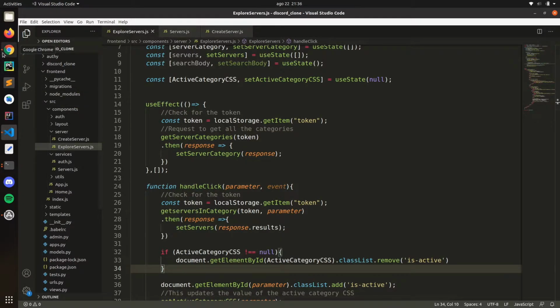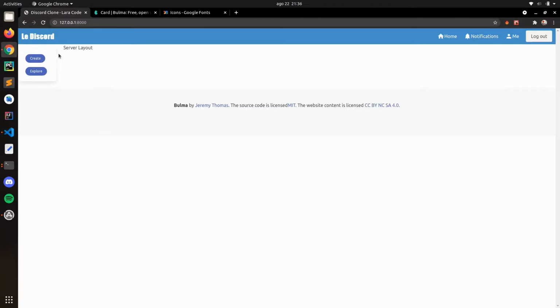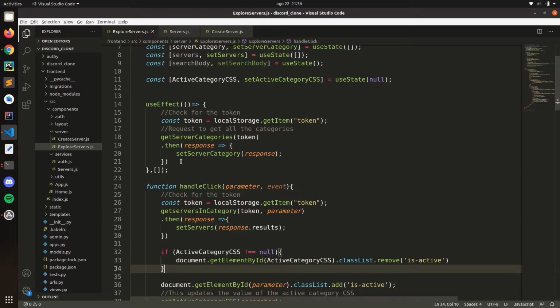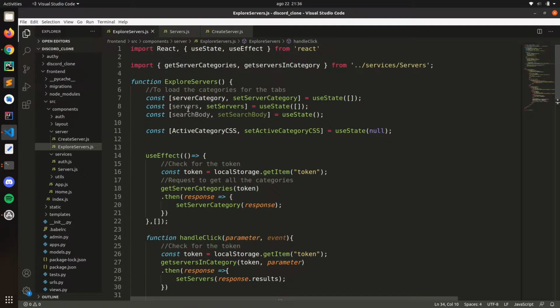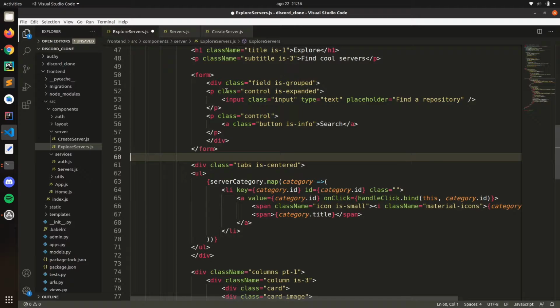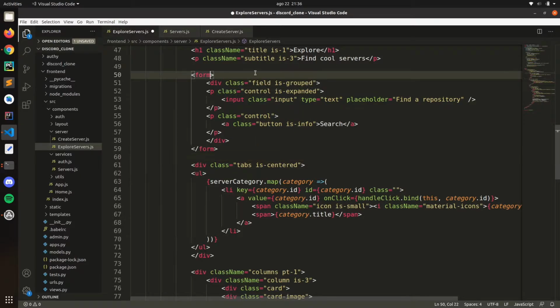Hello everyone, and in this video we're going to make this search work and also the tabs. So when we click on them, they populate here, right? Let's start with the search. Here we have a form. Let's move this a little bit so we can divide it. So we have a form, and let's create a new